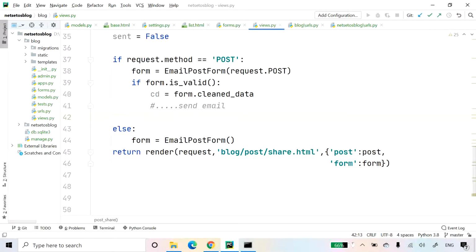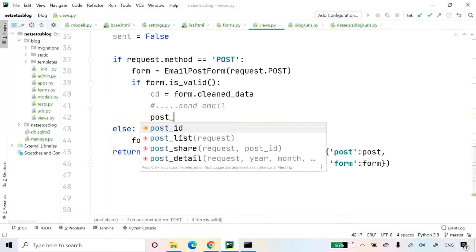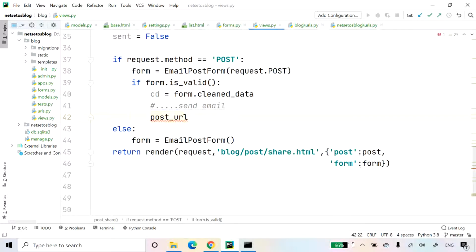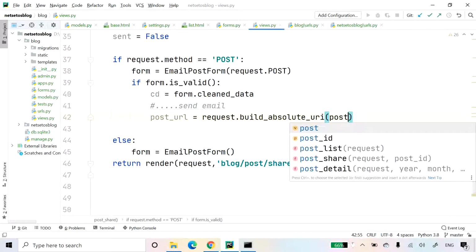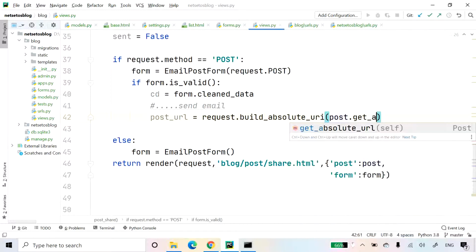So I'll write post_url, which will have request.build_absolute_uri, where inside I need to give post.get_absolute_url.